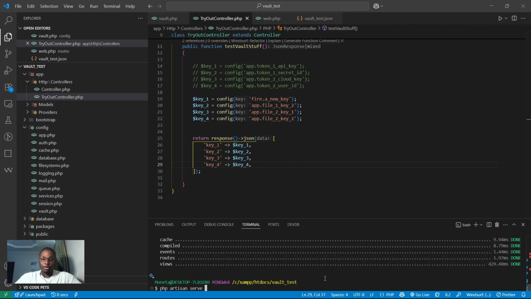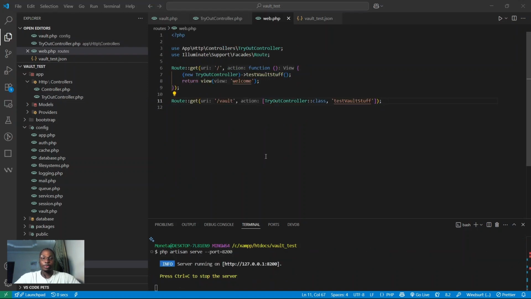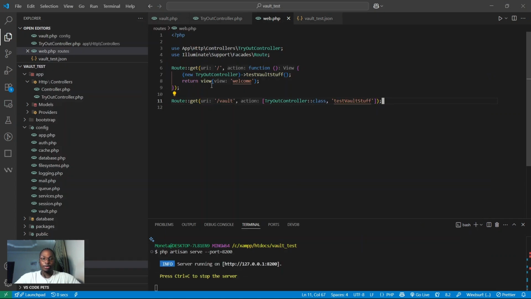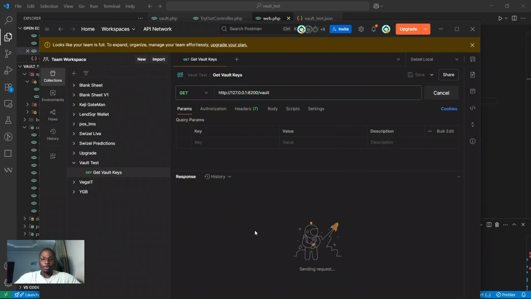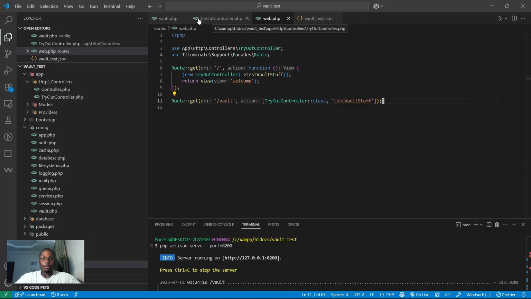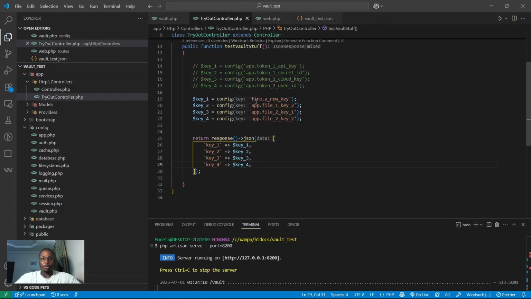as expected, and so we'll be moving on to test what we just did. Just have a simple get method, get routes basically, that calls the function to return all the keys that we've configured through the Vault package. As you can see, key1, key2, key3, key4, fire down, just that guy and the rest, just to make sure,